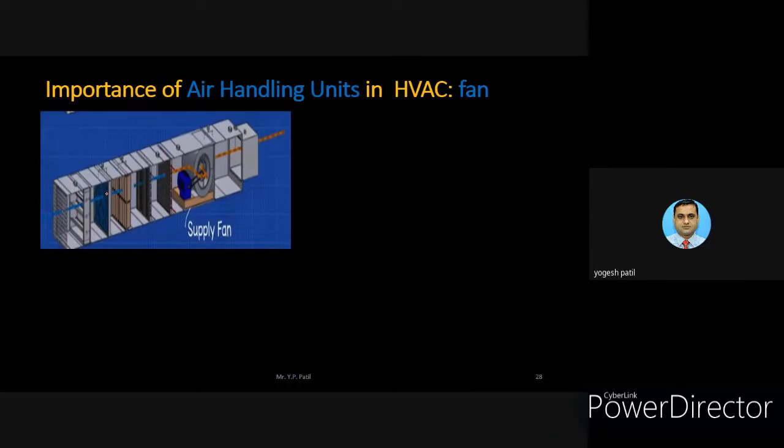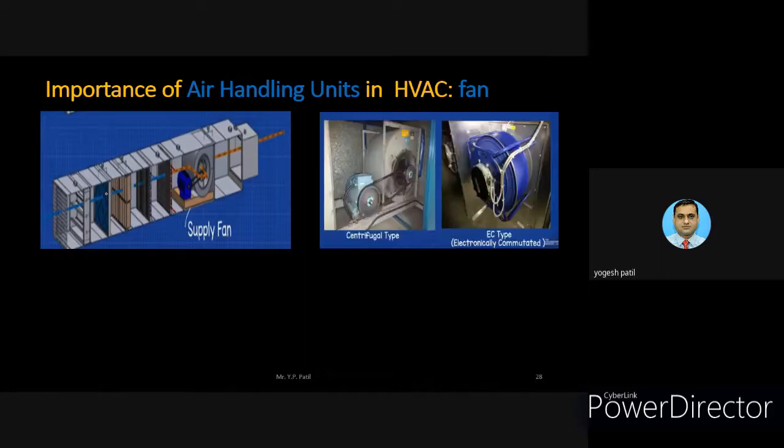Then, after the coils, there is a fan, the supply fan. This supply fan provides the actual air, either the cooling air or the hot air, to the duct. Then you can see here the duct is connected to different zones of the building after this AHU. So up to this we can say that this particular section is called the AHU, and the remaining part is actually the sub part of the AHU where the VAV is there.